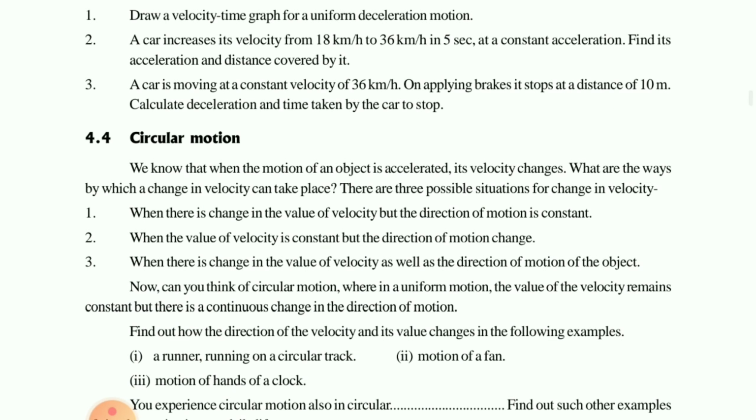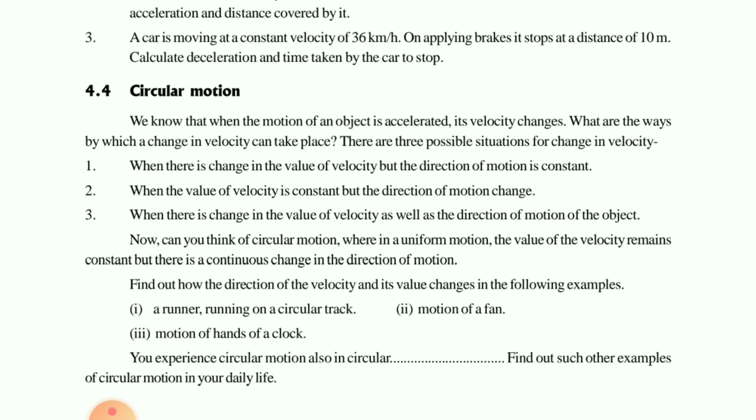Then see children, what is circular motion? As you people know, when you are running a bicycle in a circular manner, means on one particular path, at that time we are using circular motion. Okay children. In this case what happens children, we will have one constant velocity. But constant velocity means the velocity may be changed or it may be at a constant motion. Movement will be the same. Okay children. Some examples are motion of a fan, then motion of the hands of the clock. A constant movement is carried out. I hope you people have understood.